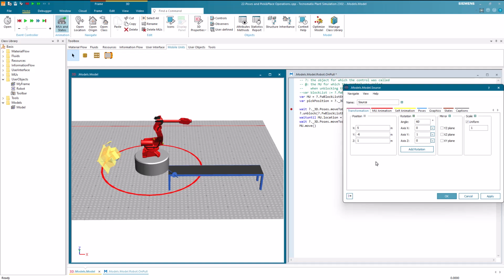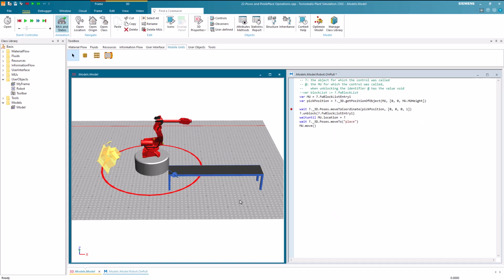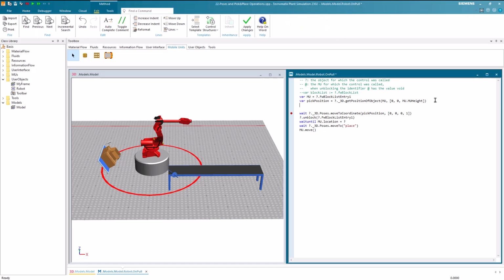In such instances, complex calculations would be required to ensure that the animation object picks the part at the correct angle. However, there is a simpler alternative. We can create another variable, which we will name MURotation. Then, we once again access the robot as we aim to obtain the rotation relative to the robot and proceed to the 3D attributes.